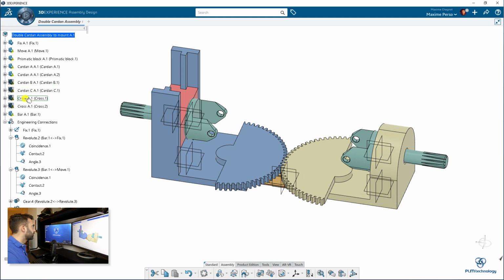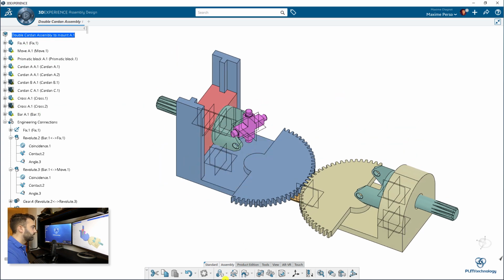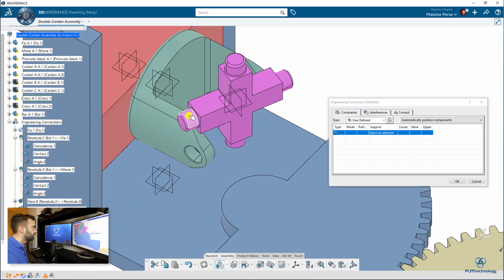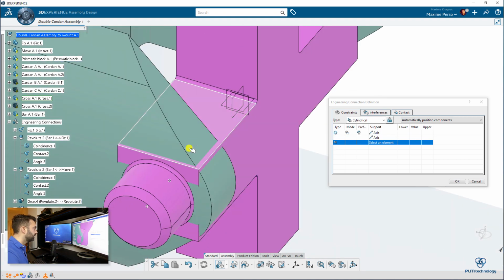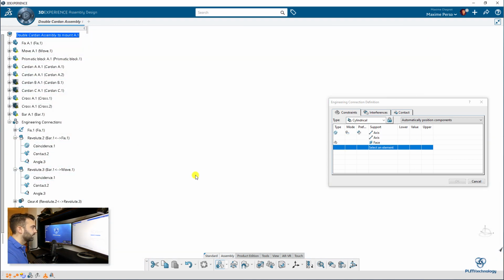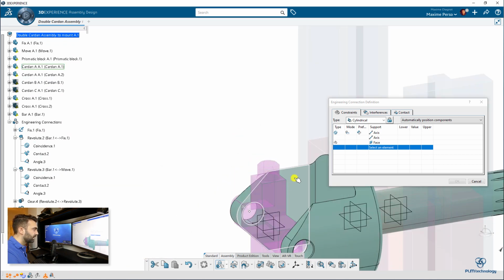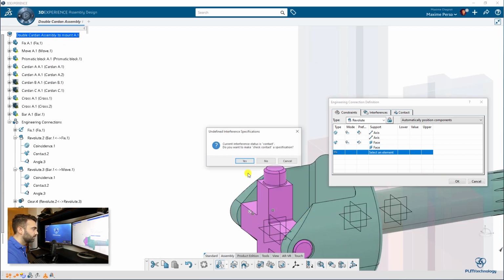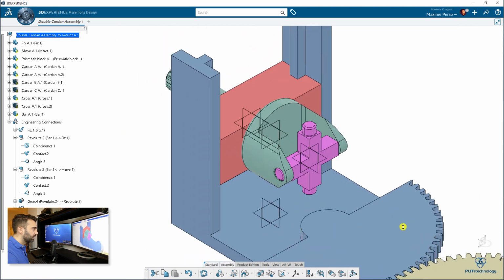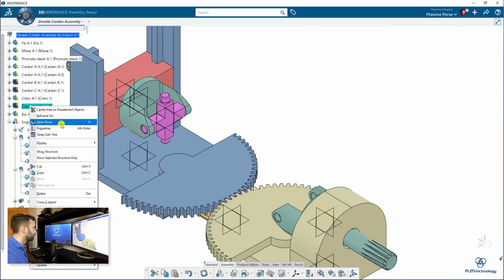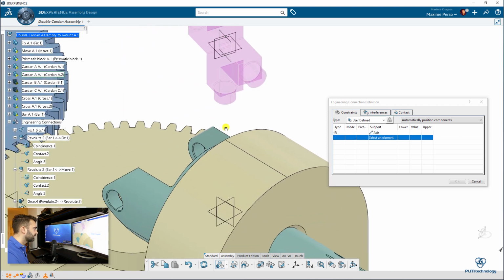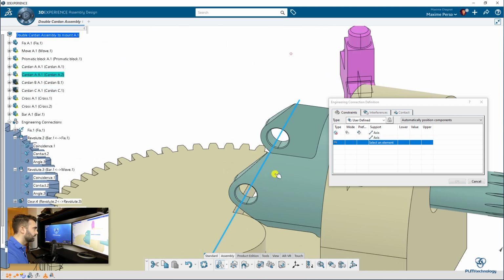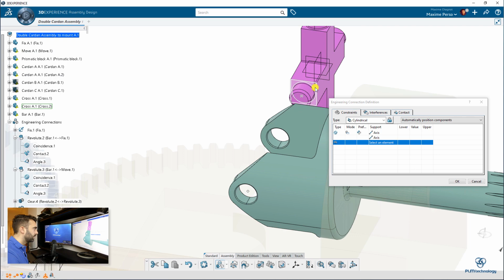Let's continue now. I will bring the cross, because you need the two crosses for each cardan. Simple, you select this axis to axis, and you select here this plane, again, this plane here. Okay, no contact. I will do the same with the other cross. Axis to axis, and plane to